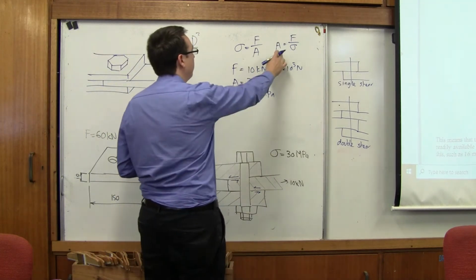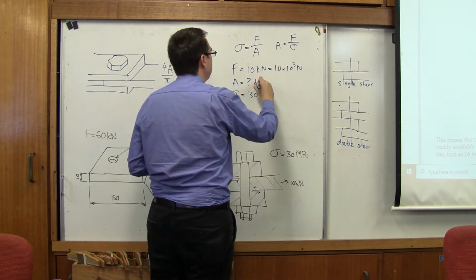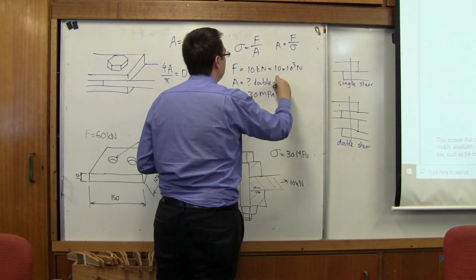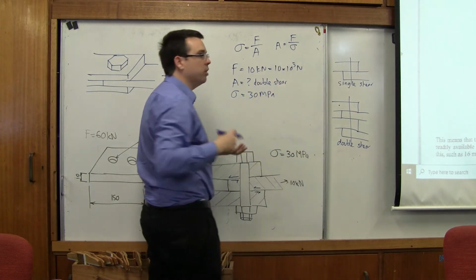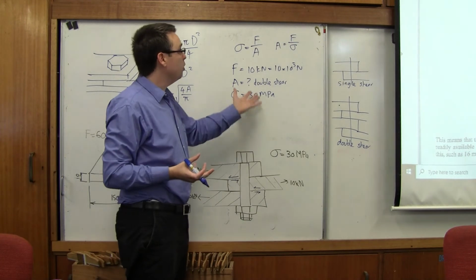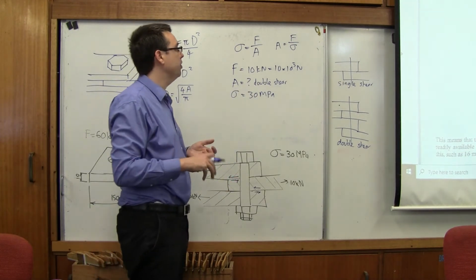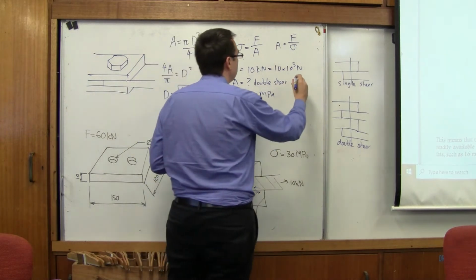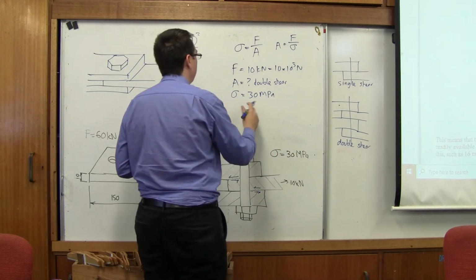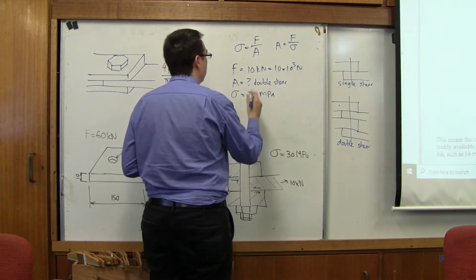We've got this formula here for area, but what I want to focus on is that because it's double shear, I'd actually write that down. If you write that down, you're showing the marker that you know what you're doing. So maybe if this was a 3-mark question, that could possibly be enough to get you 2 marks. I can't say definitively, but that could be enough to get you 2 marks. What I want you to remember is that when we do our formula, it's actually 2A, because it's double shear, equals